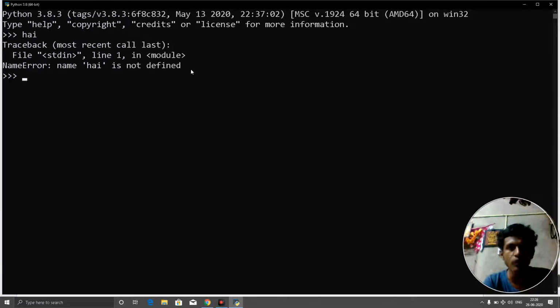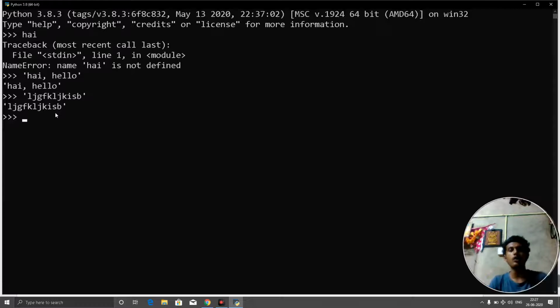So now what do we have to do to write a string? In order to write a string, we need to write it in single quotes. Now I will write hi, hello, and I will click enter. You can see the output is enclosed in single quotes. Remember that in the Python interpreter, the output will always be given inside single quotes. That means if you write something like this and close it, I will get the output in single quotes.